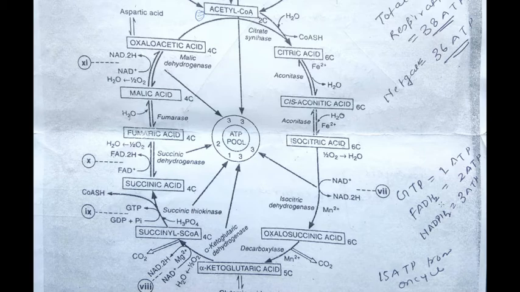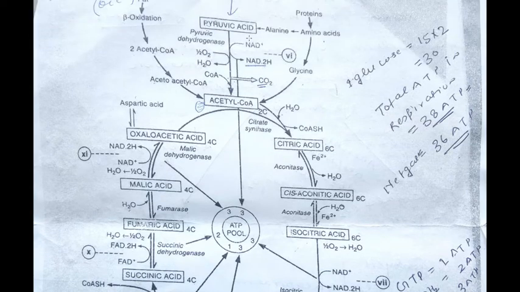So these molecules enter the electron transport system, which gives the ATP, because our cells only use ATP molecules. They cannot use FADH2, NADH2 or GTP. They use only ATP. That's why FADH2 and NADH2 enter into the electron transport chain. So now we can count how much ATP is produced in the Krebs cycle.